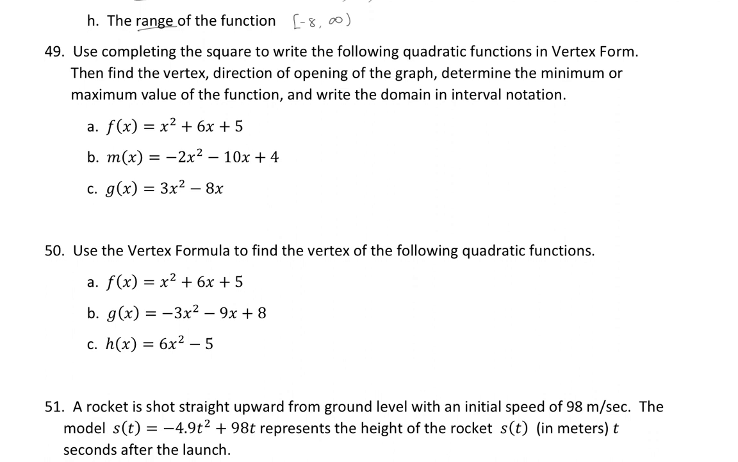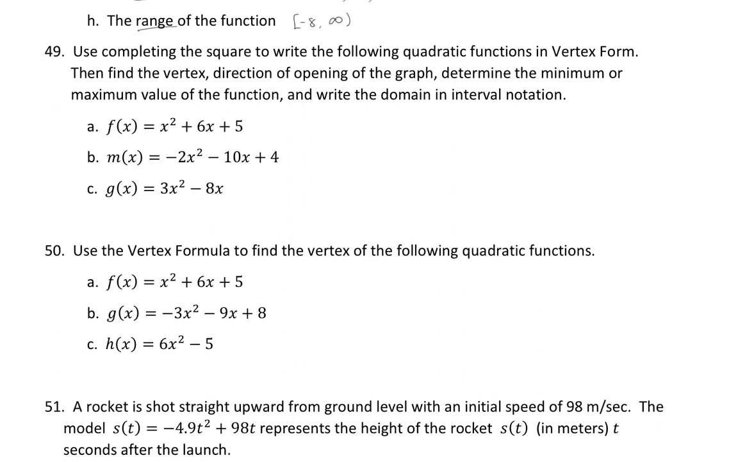Perfect. All right, so for number 49, we are using completing the square to write these quadratic functions in vertex form, and then we're going to find the vertex, direction of opening of the graph, the min or max value, and then the domain in interval notation. All right, so if we take a look at part A,